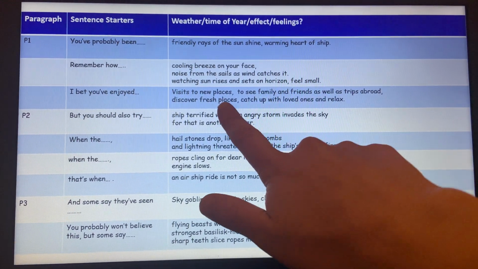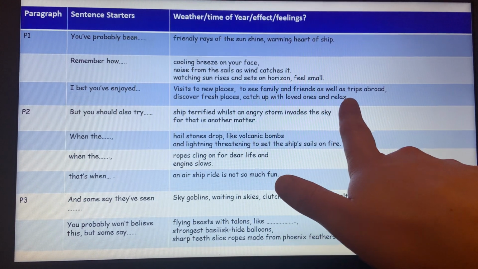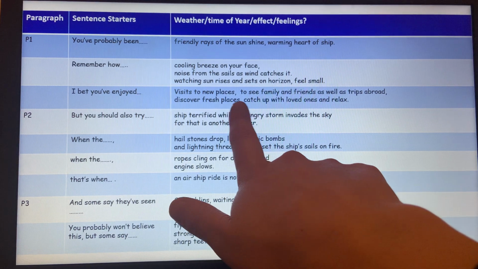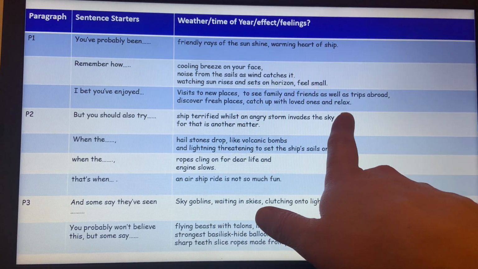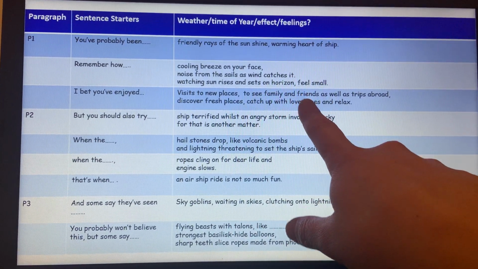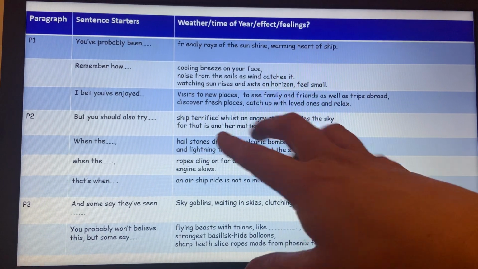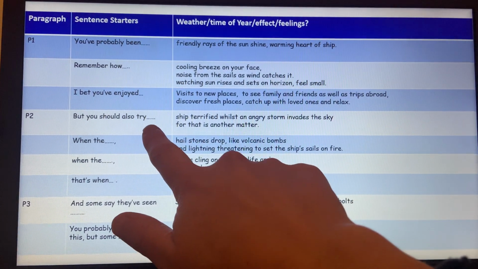I bet you've enjoyed visits to new places, to see family and friends, as well as trips abroad to discover fresh places, catch up with loved ones and relax. So I've got the majority of my sentence there. I just want to make it better, and it doesn't fully make sense on its own. But you should also try